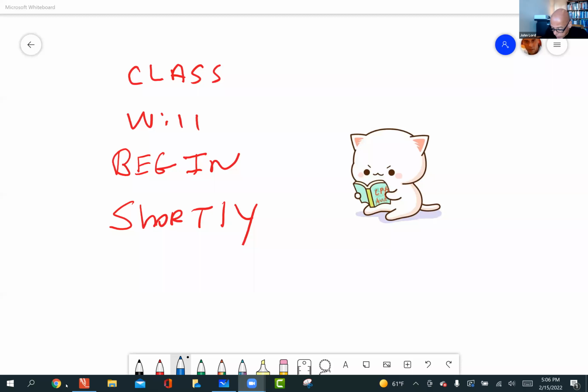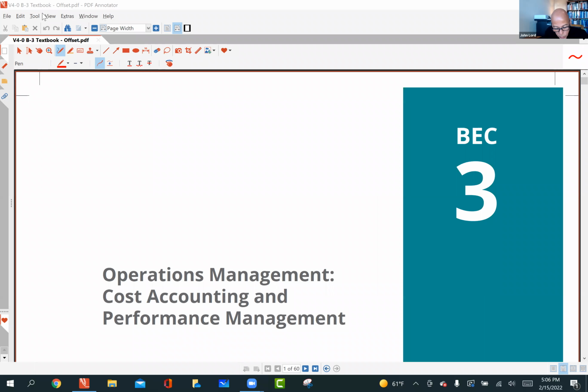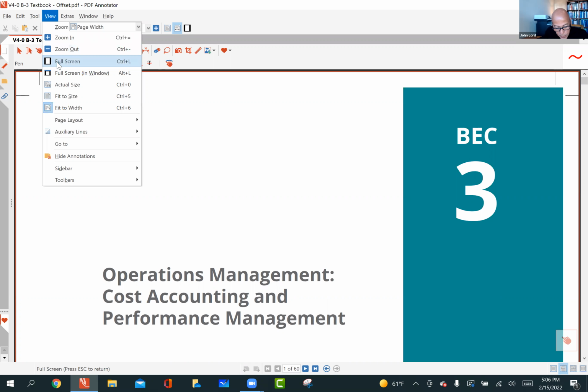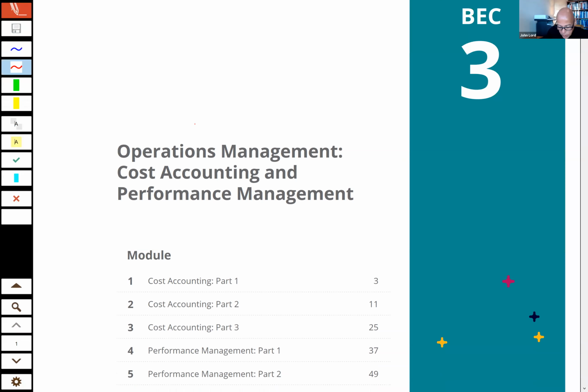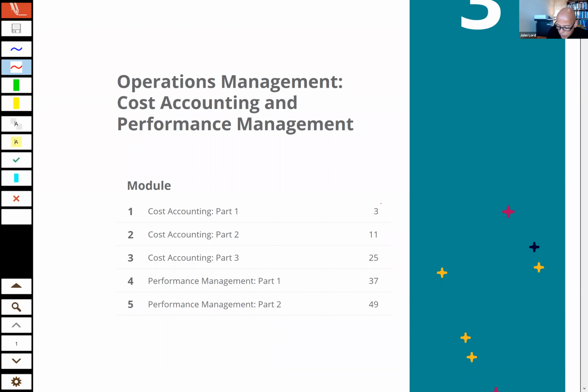And let's go ahead and just take a look at the table of contents for chapter 3. And the big point value here, even though they've broken this into 3 different modules, it's really all one large area, which is cost/managerial accounting. They're calling it cost accounting here, but it really has some managerial accounting aspects to it. That's about 15 points on the exam. So this is a fairly heavy area on the exam. Obviously, they're going to expect a CPA to know something about cost accounting. And so they're going to give you those 15 points here in the BEC exam.